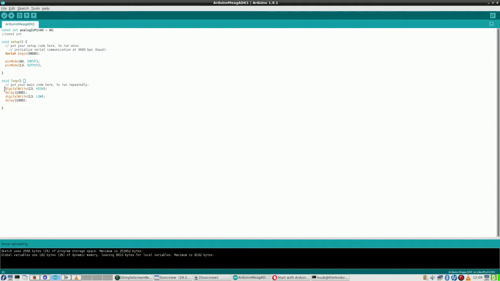I have also written a small algorithm to let the LED on pin 13 blink with 1 second delay,